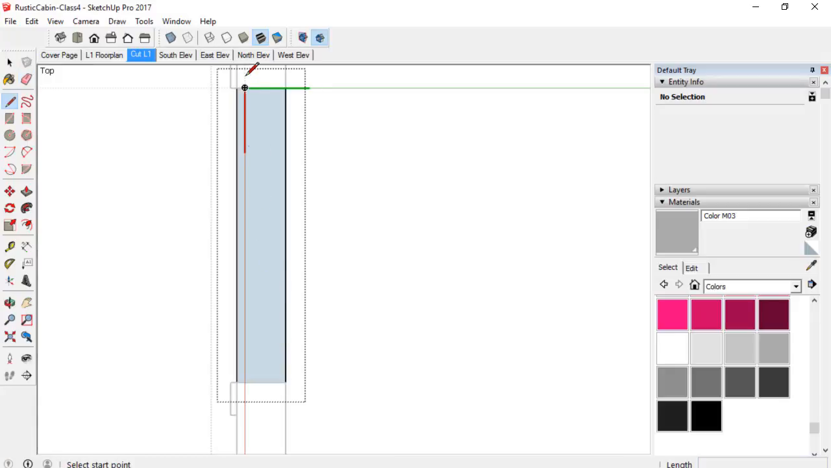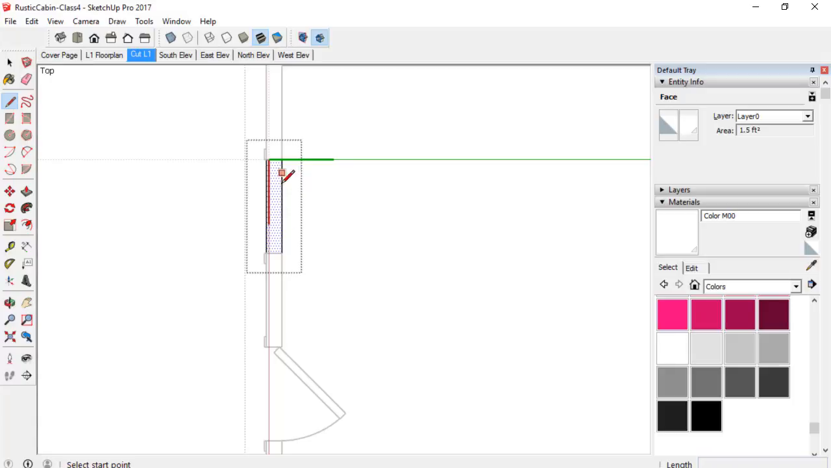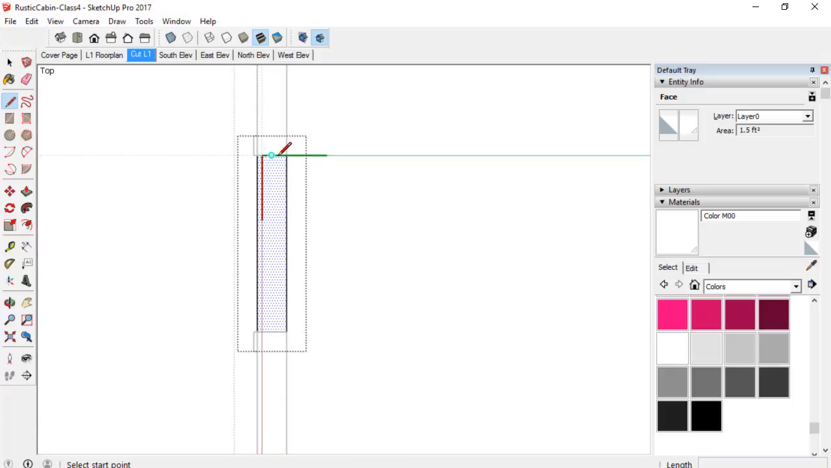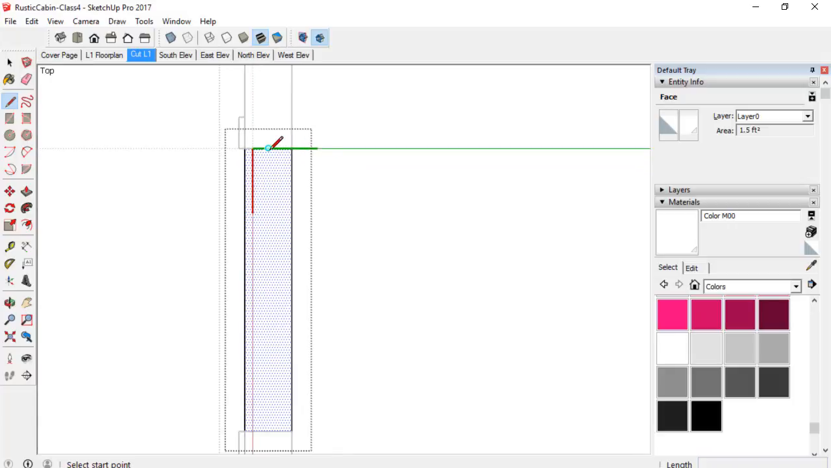Okay, and now this I want to fill to white. So I get my bucket, I fill that to white. The reason for filling this to white is this is going to overlay the floor plan cut, so I don't want it having any transparency in it. And I'm going to draw a line right in the center,